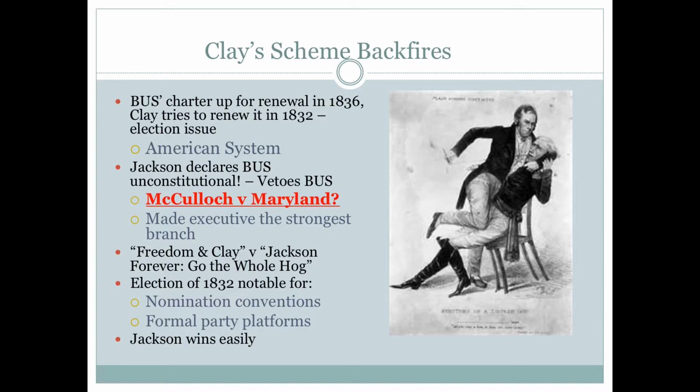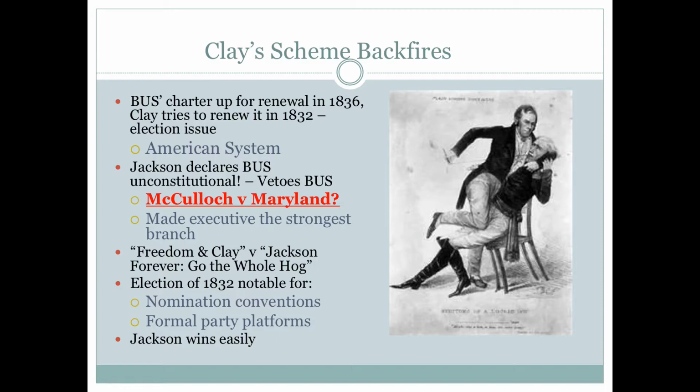It comes down to this whole thing, how Jackson thinks of himself and the government, right? Who has a right to declare laws unconstitutional? Well, we know it's only the Supreme Court, but Jackson believes he's above the Supreme Court. McCulloch versus Maryland, where the courts ruled that states cannot tax the bank, well, Jackson thinks all of that was unconstitutional, and so he winds up vetoing. It's a famous veto of Jackson.